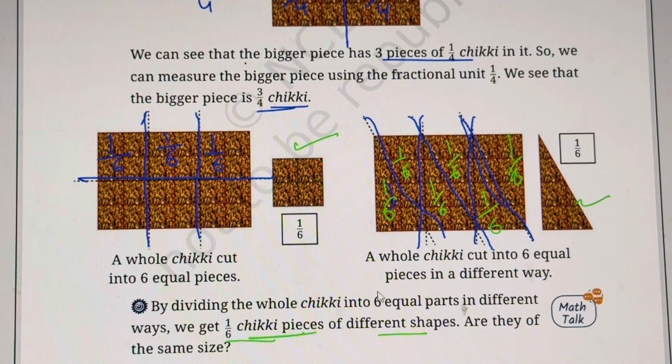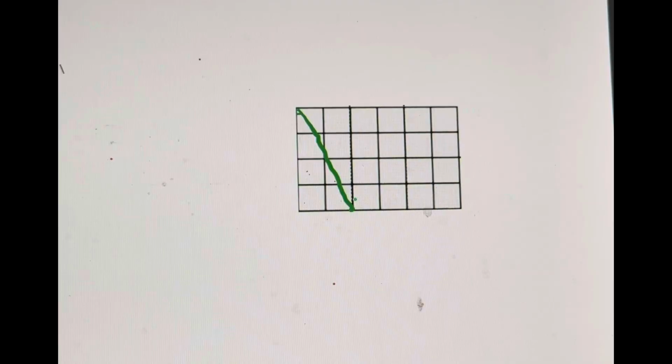So if we consider the same grid, now here you can easily see 1, 2, 3, 4 small pieces out of 24. Now the same chicky I am showing in a grid of 24 pieces, same as the whole chicky. And now try to relate it with the 4 pieces which were shown. Now here 4 pieces are easy to identify,